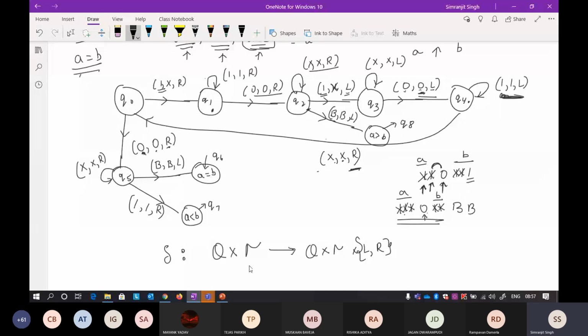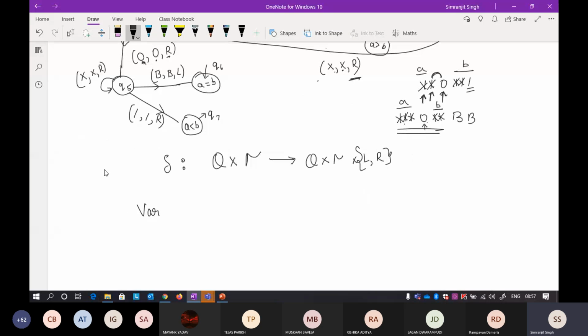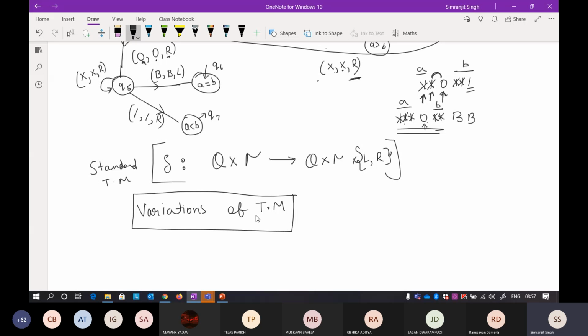Okay, so now again, there is a very important point here that I want to tell you about, that there are plenty of Turing machines that exist. Okay, so there are many Turing machines, there are variations of Turing machine. So this is the transition symbol of a standard Turing machine. The standard Turing machine that I've already told you in the starting. You can refer to the PPT for this transition function. So there are many variations of Turing machine that exist, many variations. Okay, so I'll touch on some of the variations, don't worry about that, but there are many variations of Turing machine